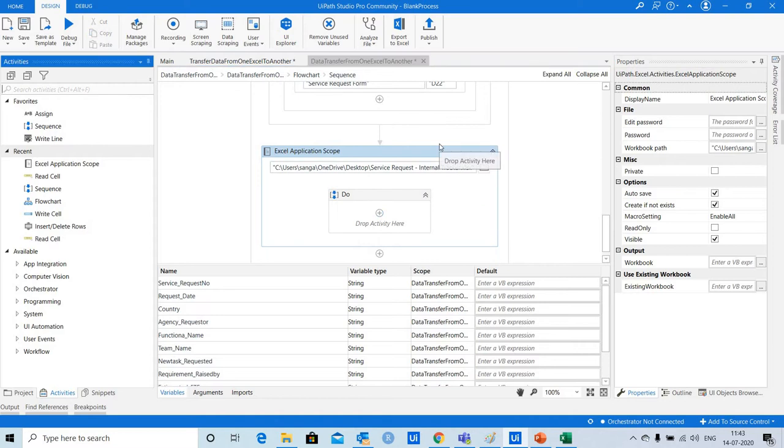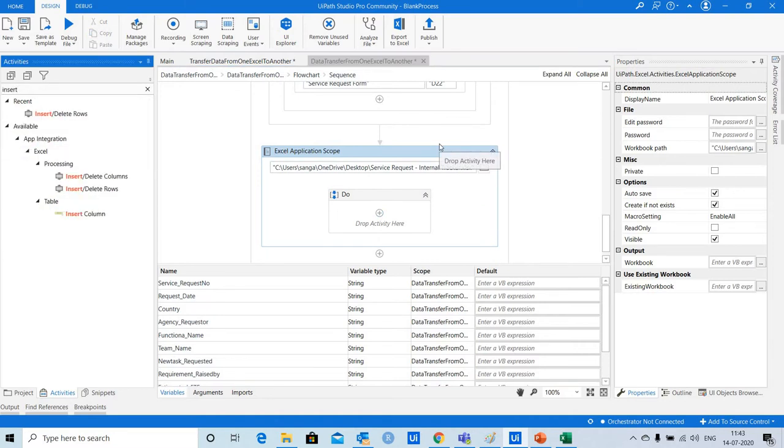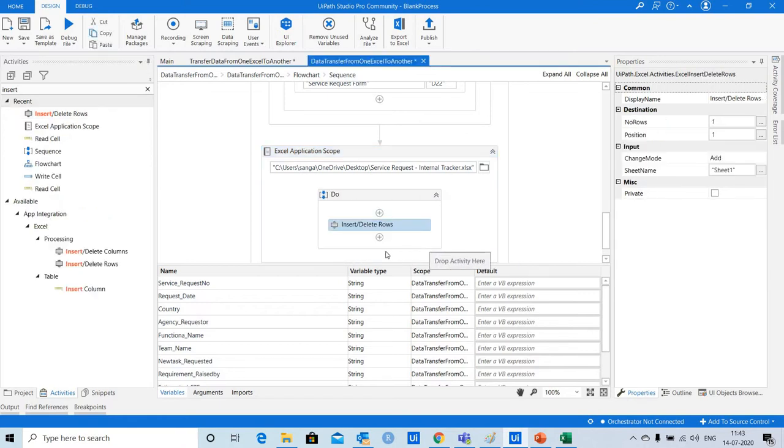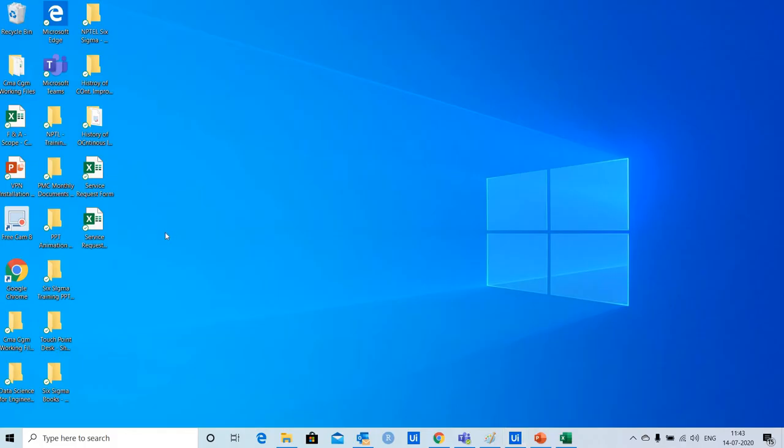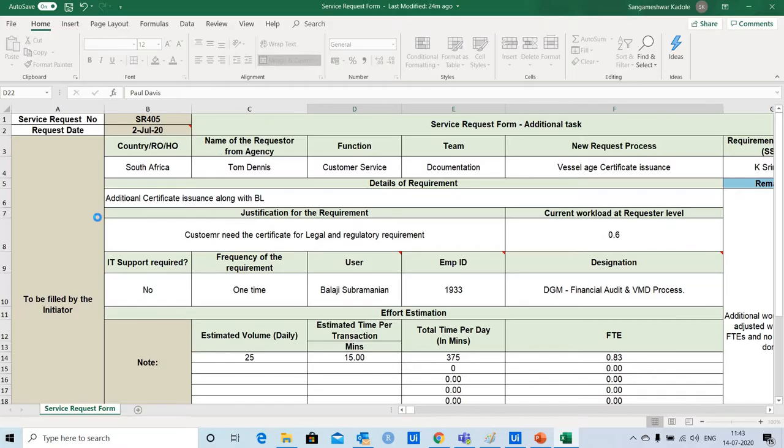In this file, first of all, I want to insert one row. So I will use the insert delete row activity. I need to specify the position where I want to insert the row. So I'll just go back to the file and open the file.